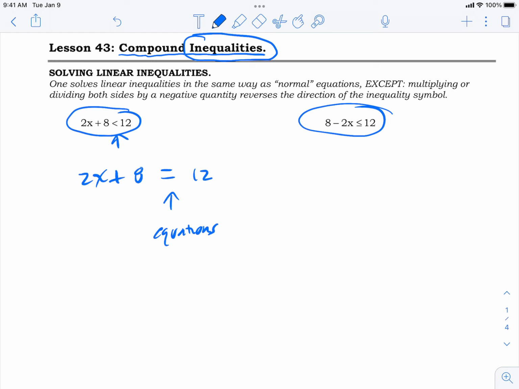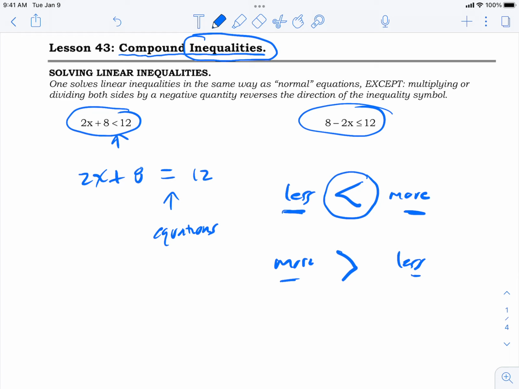It's a less than, right? And by the way, make sure you remember how this thing works. That's a less than symbol because this is less than this. Get it? If you flip the symbol around, it's a greater than symbol because this is bigger than this. The arrow points at the small one, or what a lot of people like to say is the mouth eats